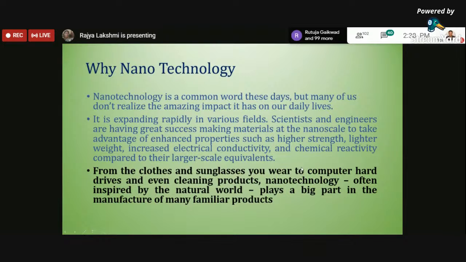And when it comes to the introduction of nanotechnology to various fields, again I am mentioning that it is not a new invention. It is an old invention, centuries back. The only thing is, we were a little late in adopting this technology to various fields. Actually, we have missed a lot, especially in the manufacturing sector, since we were unable to recognize the impact of nanotechnology in the manufacturing process or other fields also. Anyway, people are now alert towards implementing nanotechnology in various fields for getting whatever benefits are possible because of the term called nano.